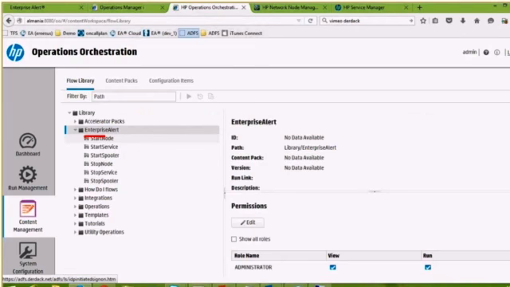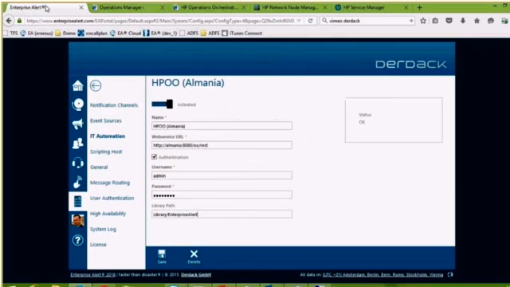Yeah, so we do not touch any other flows at all. This is pretty important to keep in mind. So once that is done and you have activated this connection and you have created a flow or copied